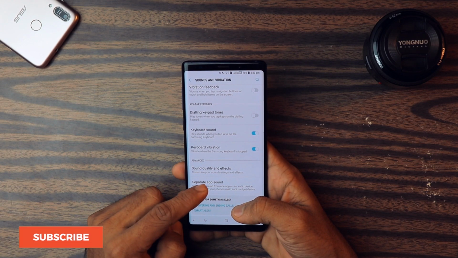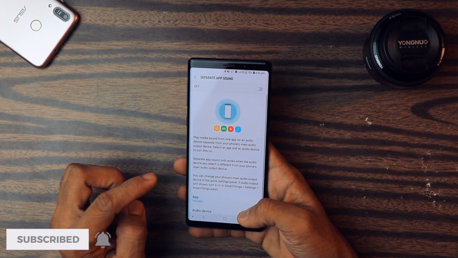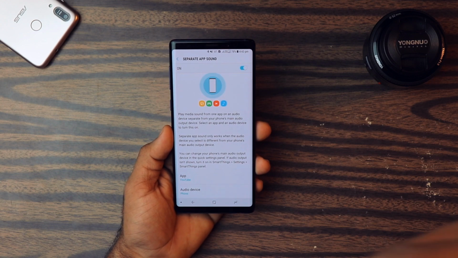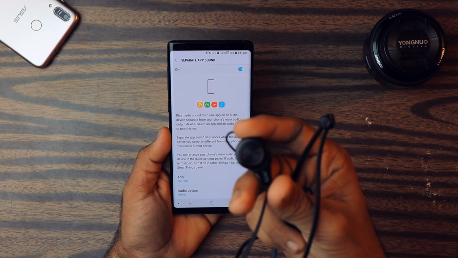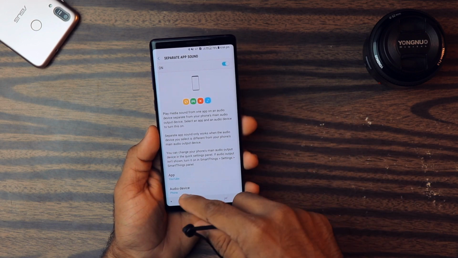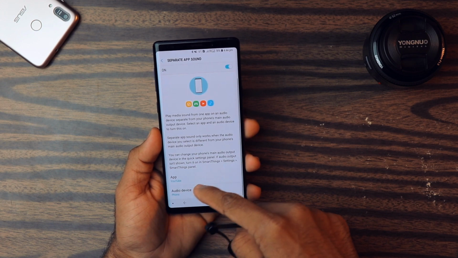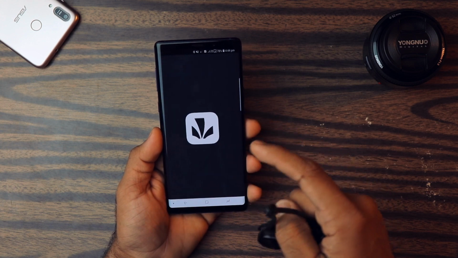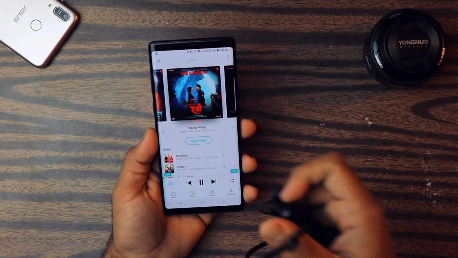After that, go to this option. This is a very cool feature. Just go to this application and enable it. Like if I want to watch video and my friend wants to listen to a song, then use any Bluetooth headset and connect it with your device and just go and select the YouTube app and here select your phone. After that, if I go to JioSaavn or whatever music player you have and play songs over here,